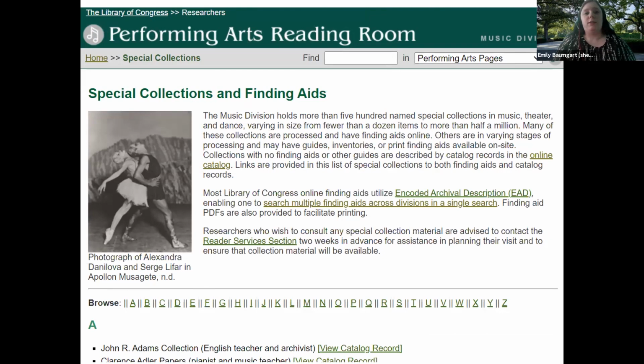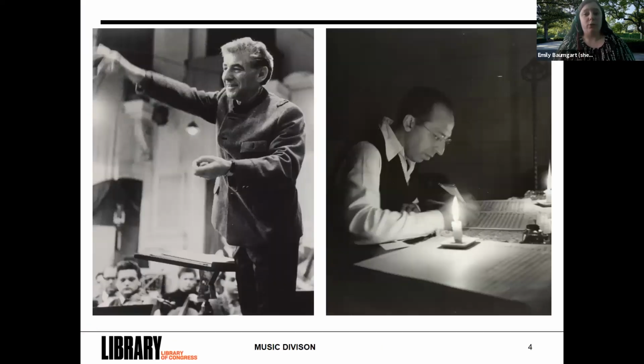And I knew going into this that we did have some LGBTQ individuals in our holdings. Primarily, we focused a lot on these two individuals. That's Leonard Bernstein on the left and Aaron Copland on the right, who were two important American composers. But it always felt a little tokenizing to me to focus so heavily on them when I knew that we had to have a lot of other individuals and materials in our holdings that we could really emphasize and really just showcase their accomplishments in the field of the performing arts.